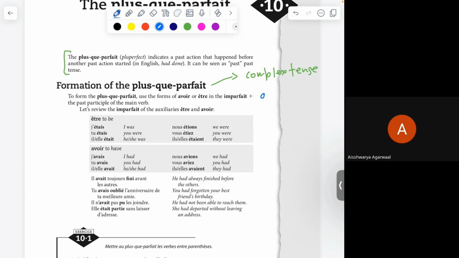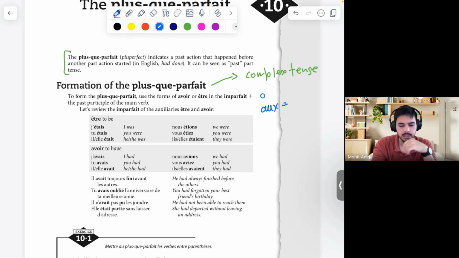The verb and the auxiliary verb. Sorry, the auxiliary verb and the participe passé. So here, look, the participe passé I already told you about in the 7th chapter: when you are reading passé composé, it's not going to change for other tenses. So every rule that we learned for past participle in passé composé is going to be the same. The past participle you already know, I don't need to learn new things here.